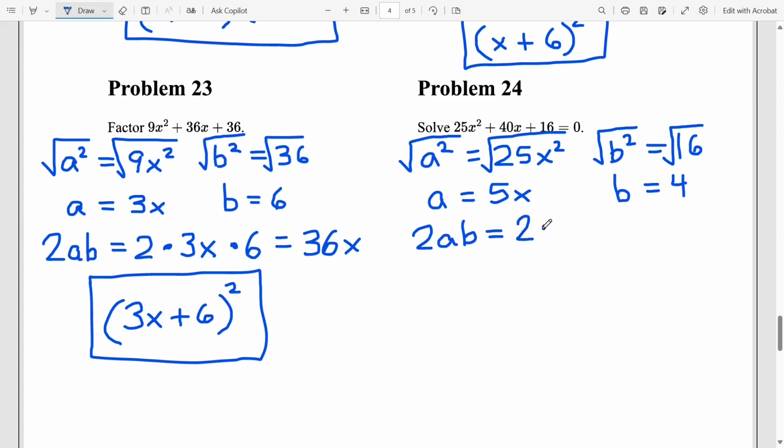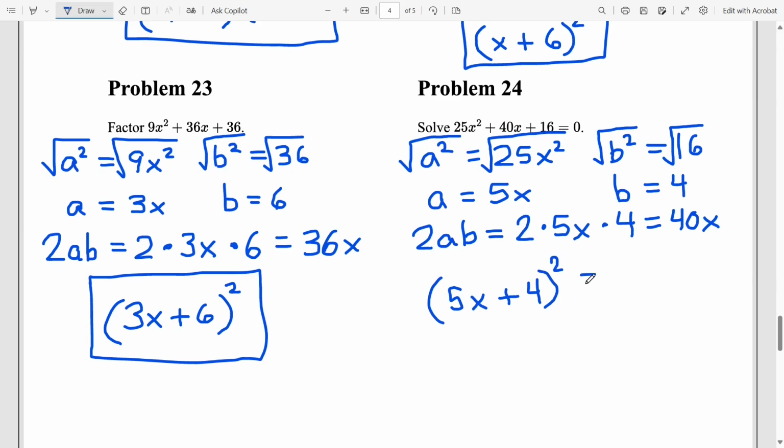It's going to be 2 times 5x times 4. So 2 times 5x is 10x, times 4 is 40x. So that equals our middle term. So this is a perfect square trinomial, meaning the left-hand side is going to factor to 5x plus 4 squared,